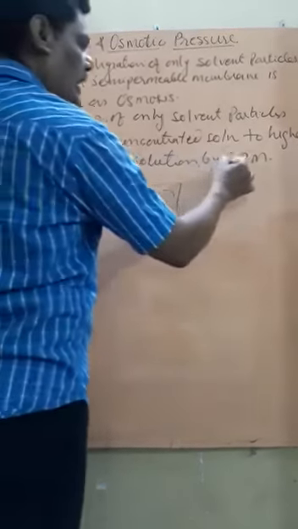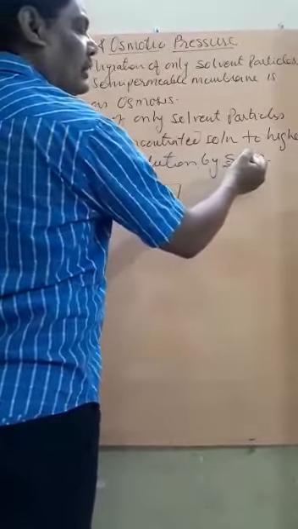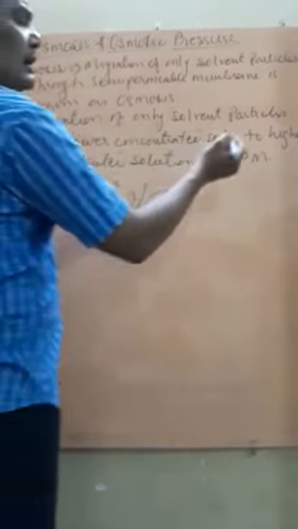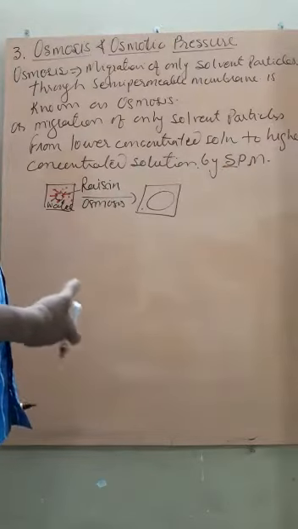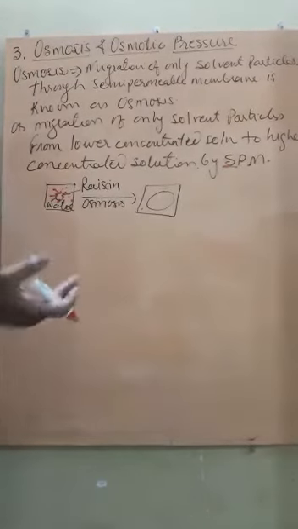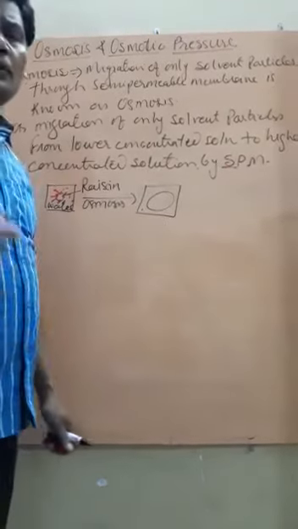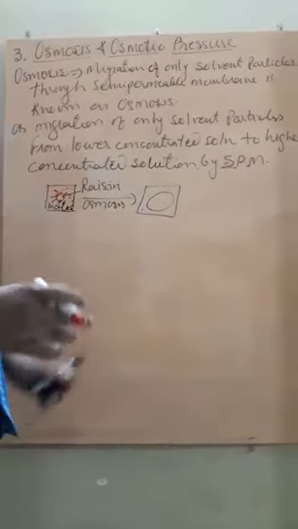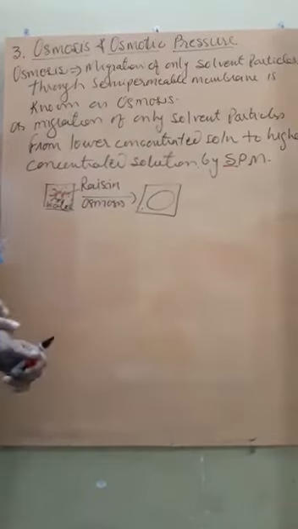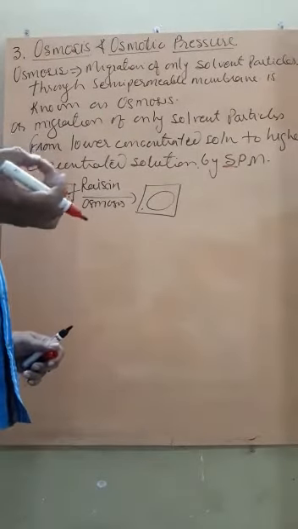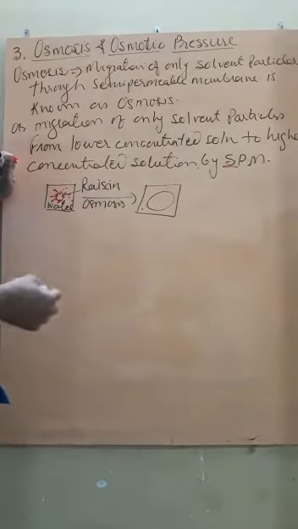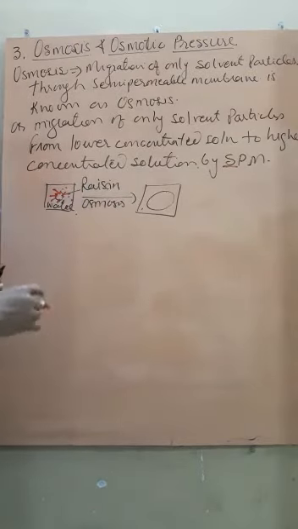Here semi means half, permeable means which can permeate, and the membrane may be the cell wall of any of the seeds. This may be the membrane of an egg. Now you know, if you boil the egg and remove its calcium carbonate cover, then you can get a very thin white colored membrane. This is called a semi-permeable membrane. Getting? So this process is known as osmosis.